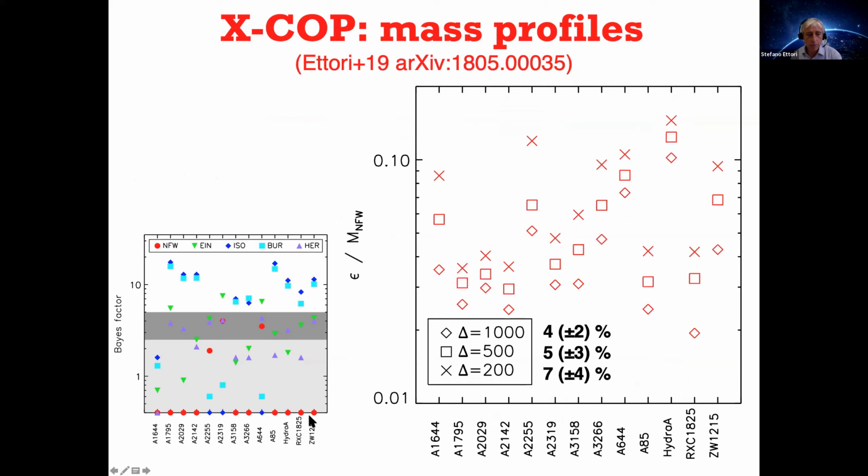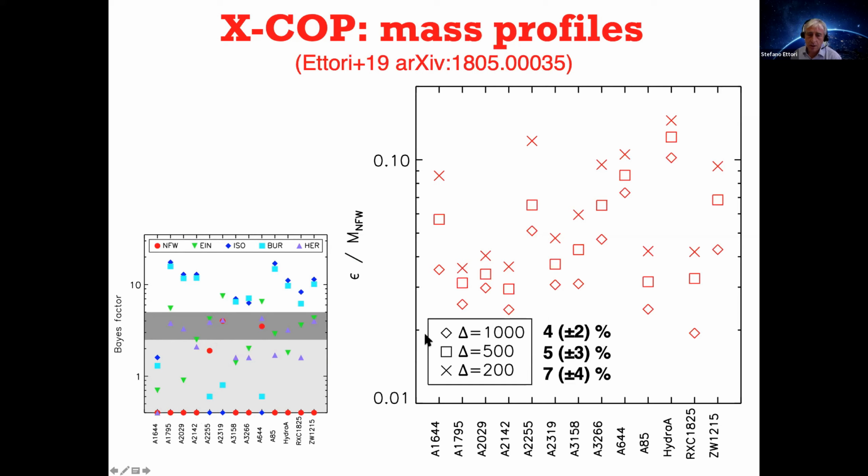Doing this in a paper that we presented last year, we probed for our systems different mass models, and we found that most of our systems prefer the Navarro-Frenk-White description. Here is represented the Bayes factor, which is just the difference between the Bayesian evidence that you infer for a given mass model with respect to the best mass model. And all the red points here represent a Navarro-Frenk-White mass model, and basically all the colored mass models are excluded at very high significance. And in particular, we were able to get this constraint at very few percent statistical uncertainties. That has been a very big success for this kind of project, being one of the best constraints that we can get through the hydrostatic equilibrium equation in